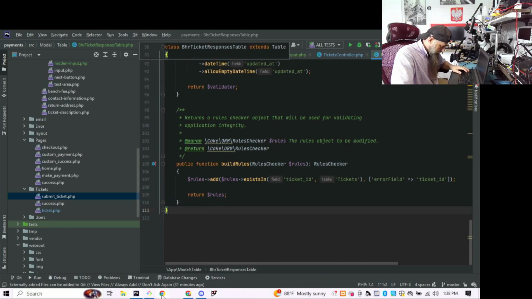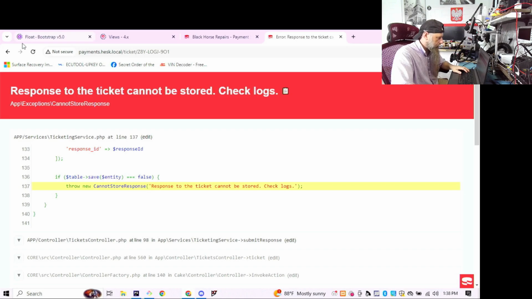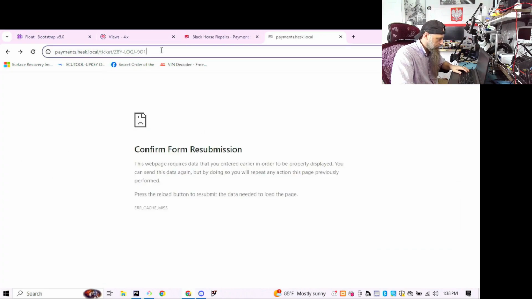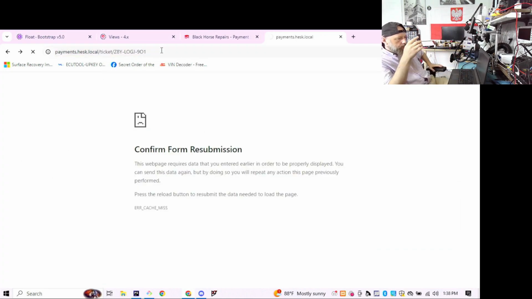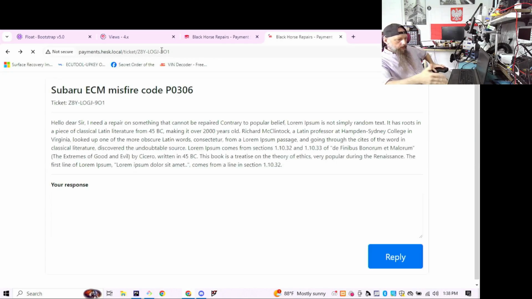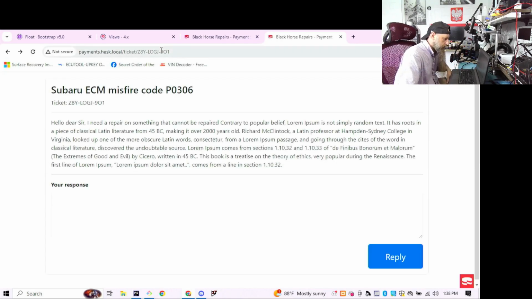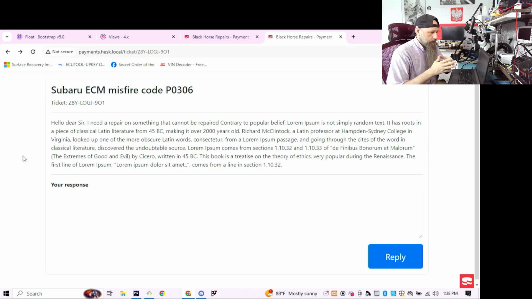For now, so that was our low-hanging fruit. The user can submit the ticket, and user can get to this page and submit a response. But one last thing that needs to be done on this page, and first I need to figure out how to do it, is to prevent just anyone from entering this page,